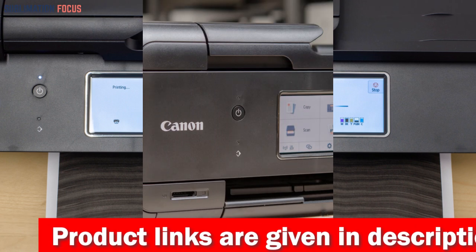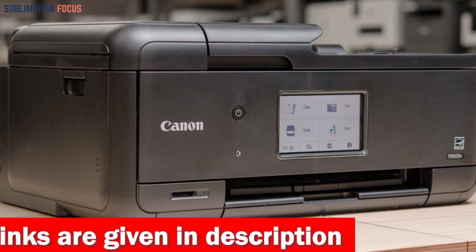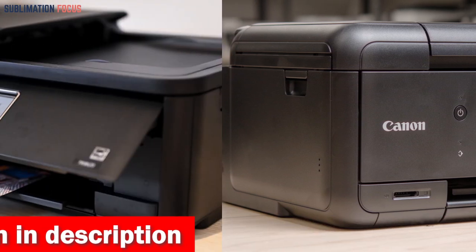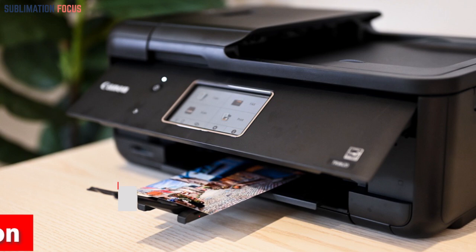The TR8620a also has a built-in fax and a 20-sheet ADF, allowing you to handle all your scanning and faxing needs efficiently. Plus, with its auto duplex printing feature, you can save both time and paper, making it an eco-friendly